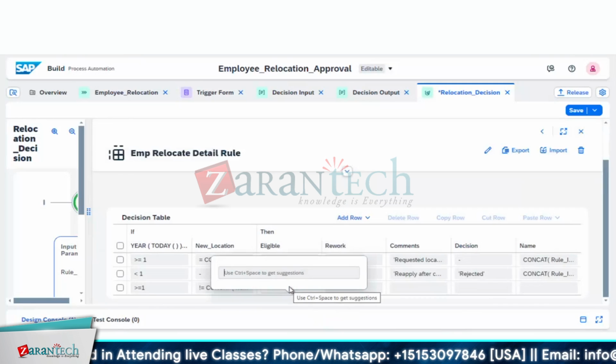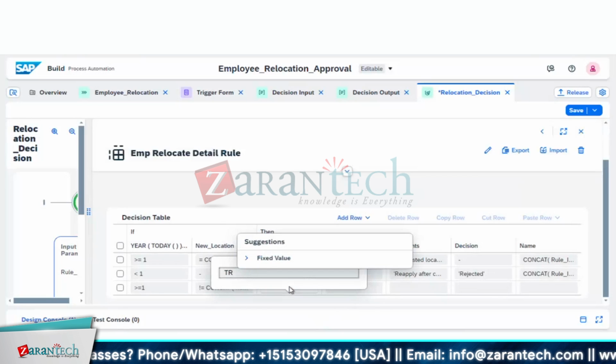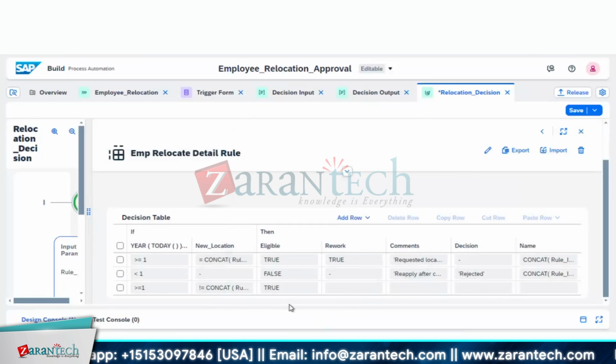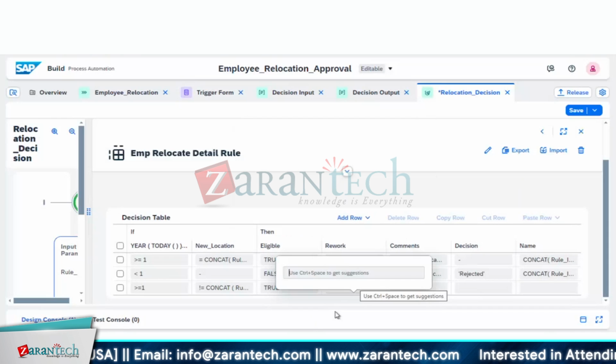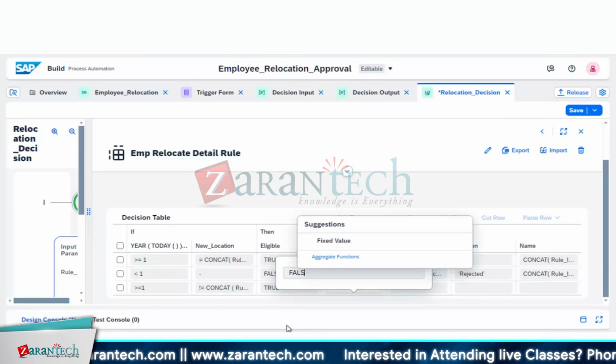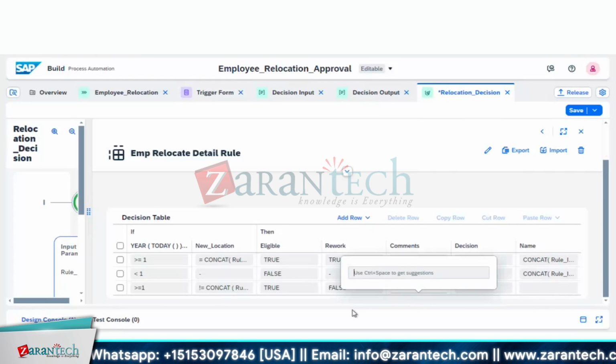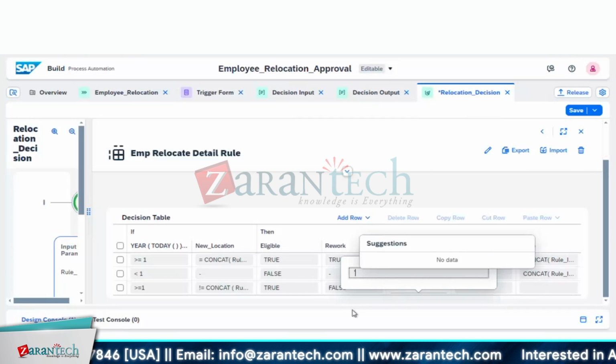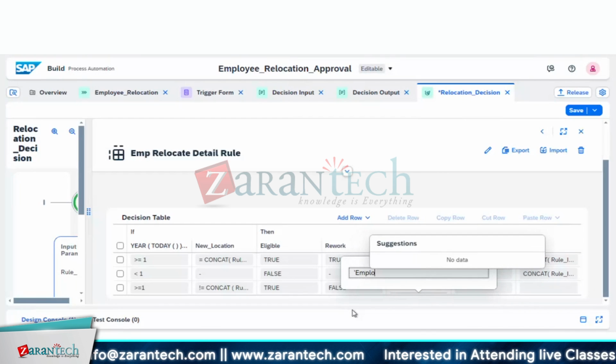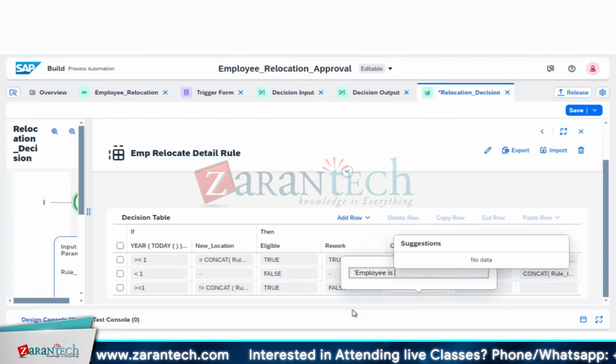Here it's eligible is true, rework is false. We will be giving a comment as employee is eligible for